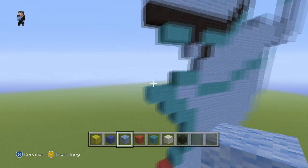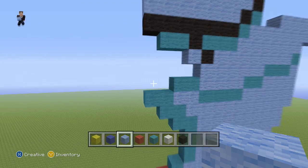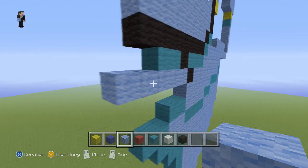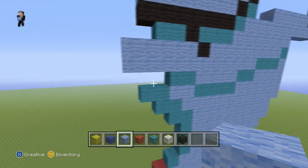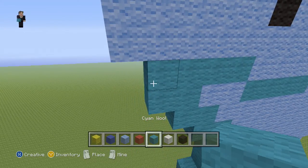So we're going to grab our light blue wool. We're going to place it here. And we're going to extend it by 2 blocks. Now we're going to bring it down. Fill in the gap. Now we're going to grab our cyan wool. And we're going to extend it by